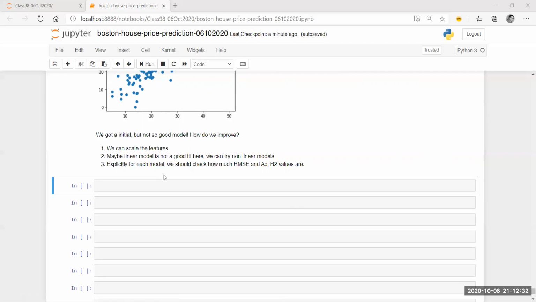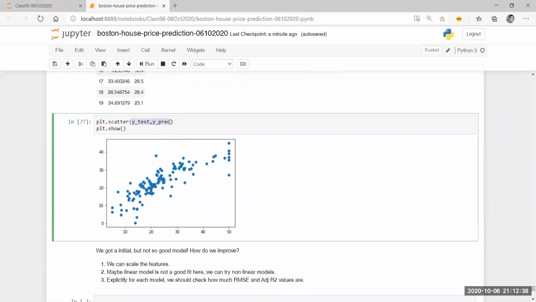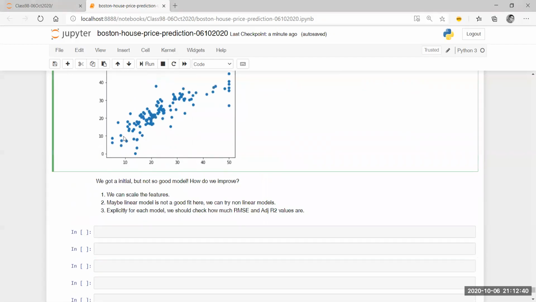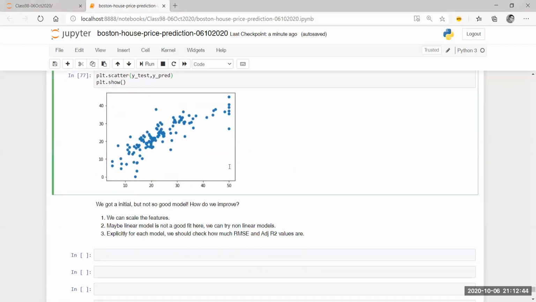As you can see over here, we have already tried to plot, but this is the plotting of y-test and y-pred. We have to create a plot which is going to do the same for the model that we have got using the training data, right? So that's what I'm trying to find out.